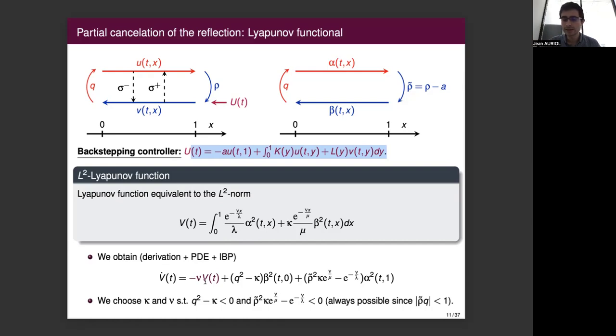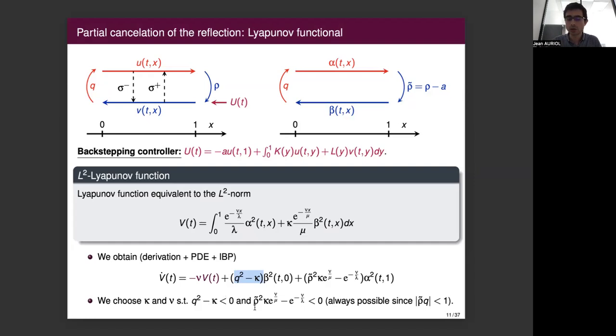you get V dot is equal to minus nu V, where nu is this constant, plus two positive terms, two terms that depend on beta square and alpha square. So if you can choose this coefficient q square minus kappa and rho tilde square, etc., to be negative, you will get V dot smaller than minus mu V, which is what you want. And actually, under the assumption that rho tilde q is smaller than 1, which is always possible because you can always choose rho tilde such that rho tilde q is smaller than 1 due to the delay robustness condition,